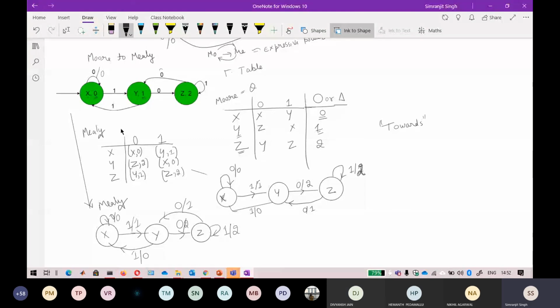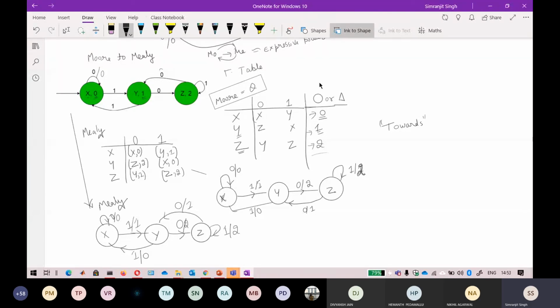Still, you should know how to build a transition table of a Moore and Mealy machine. Most students get confused, thinking that because in Moore the outputs are placed alongside the states, they just do a transition like this. Don't do this. This is not the transition table of Moore. Because every state is associated with an output, the output is placed alongside the state, with a different symbol of delta. Keep that in mind.